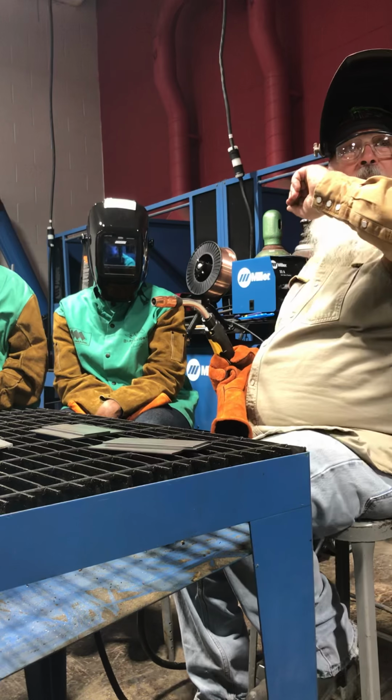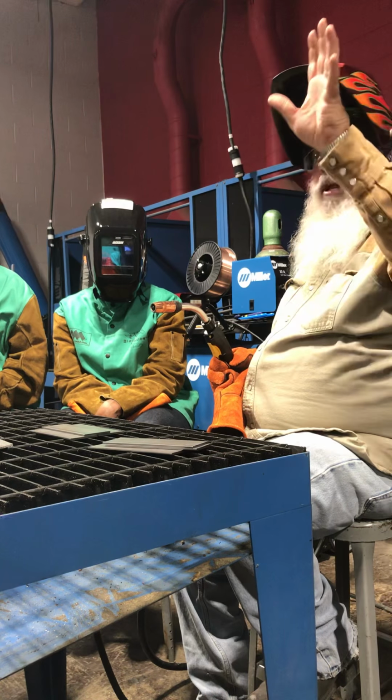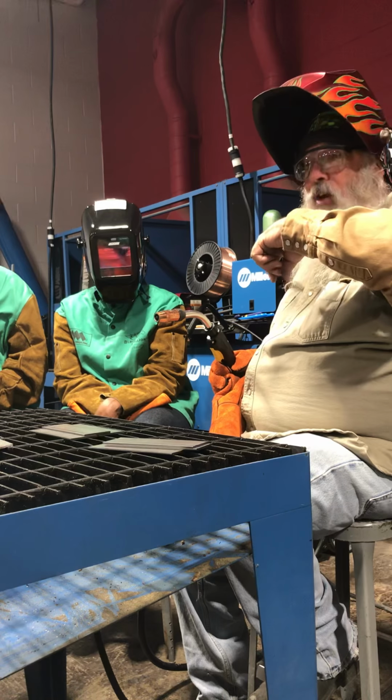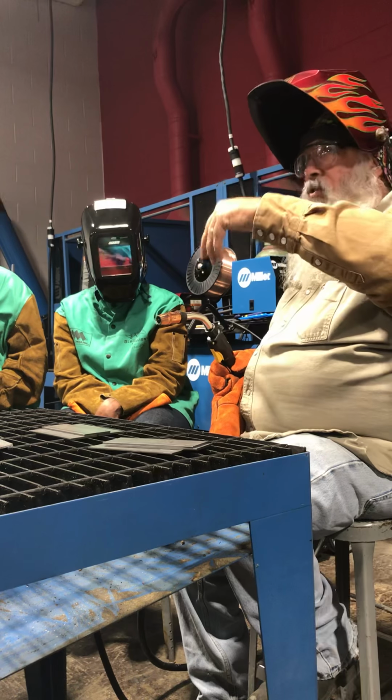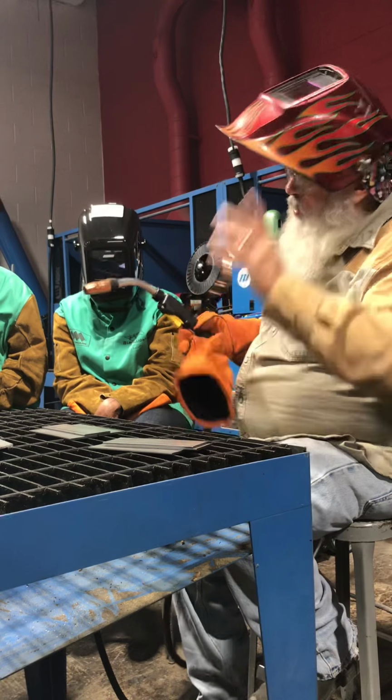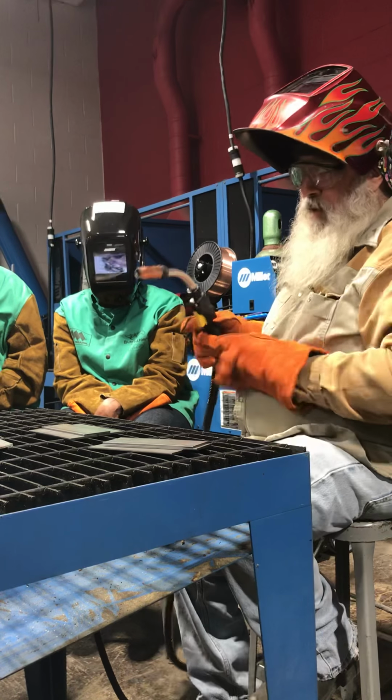Everybody here is lucky. Their shields automatically darken. Mine, I have to go inside and push a little button to activate it. So if I would have gone to strike an arc, I would have had to stop and flip my switch. Once I'm welding, it stays good for a while, but if I set it down, it automatically shuts off. So I just remembered that. If not, I would end up flashing in my